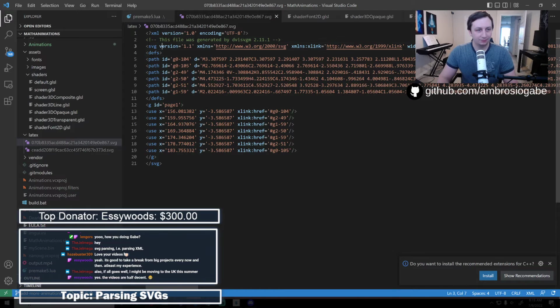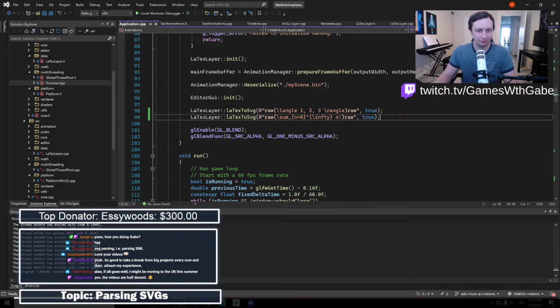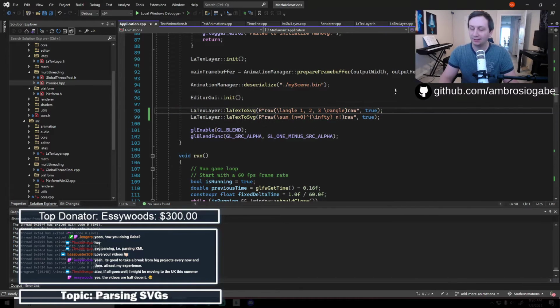Alrighty, so why are we parsing these SVGs in the first place? Well, first of all, I do want to have just a general SVG parser because it's useful to have, but also that's the only way we can do LaTeX. Or I guess it's technically pronounced LaTeX, but I will be saying LaTeX because that's what it looks like. We're doing this because this is the easiest way to draw math equations, which will be a must, in my opinion. And it's really hard to do anything with LaTeX unless you have a LaTeX distribution.